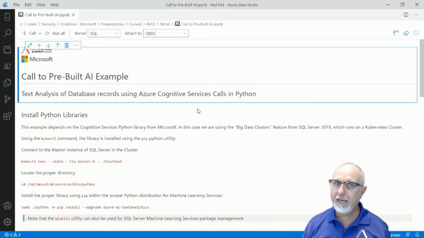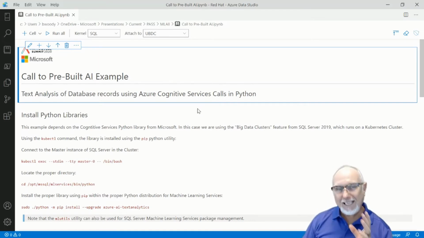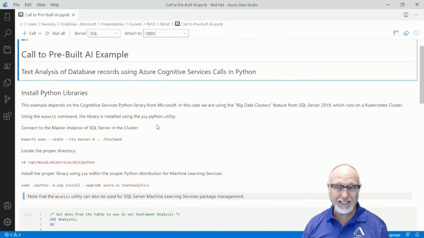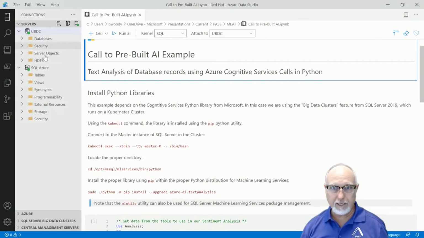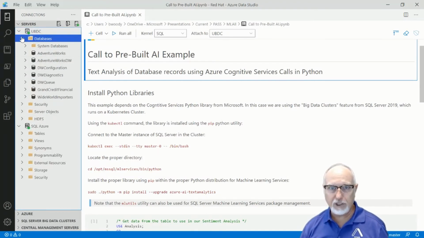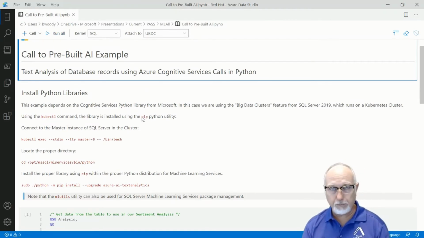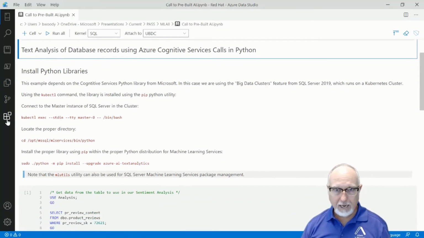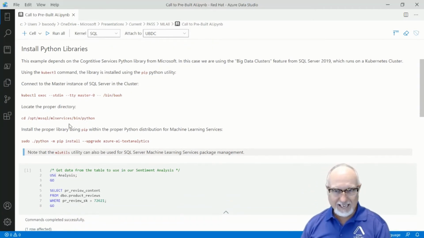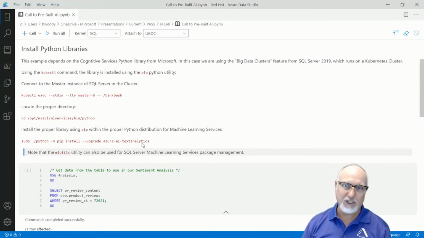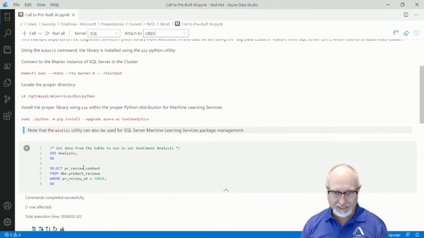I'm not going to do the training this time in my database. I'll do that later. This time I'm going to use somebody else's training, but I need to be able to make an API call. To do that, I need to install some libraries. And the interesting thing is I'm using big data clusters. I've just got a big data clusters machine here with my databases and so on it. So to do that, because it's running inside Kubernetes, this particular one could be running in OpenShift as well, I need to be able to get into that pod and that specific container, and I need to go into Python, and I need to install the Azure AI Text Analytics package. Okay, all that does for me is allow me to send very quickly